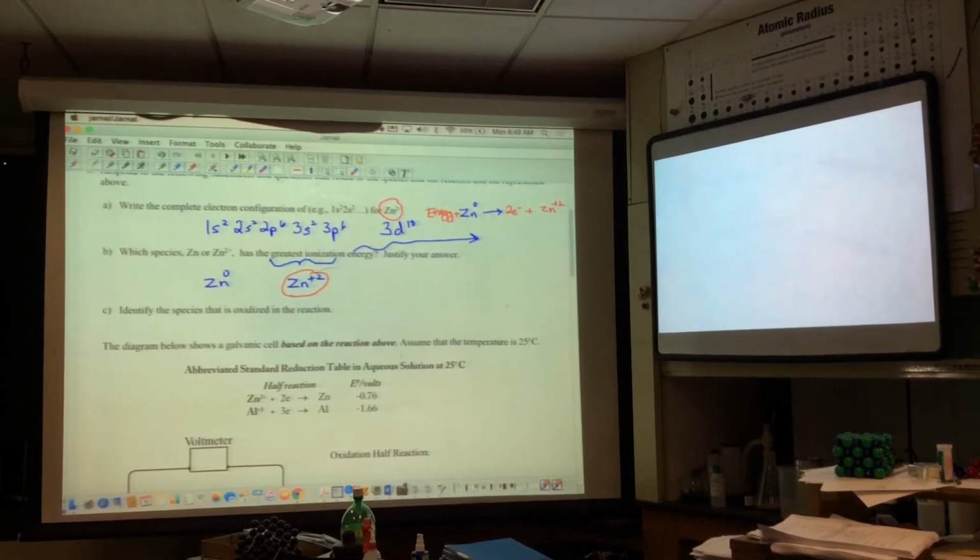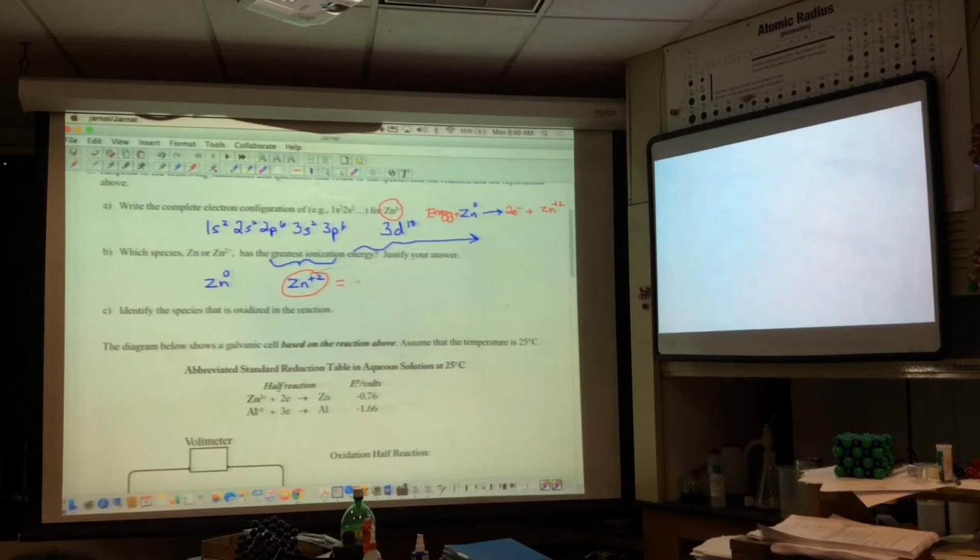Yes, the n equals 3, right? The electrons that came off first were what? N equals 4 electrons. Aren't they physically farther away from the nucleus? N equals 4. So you would say, in many ways, that the zinc plus 2,